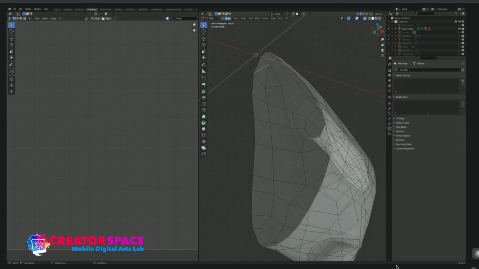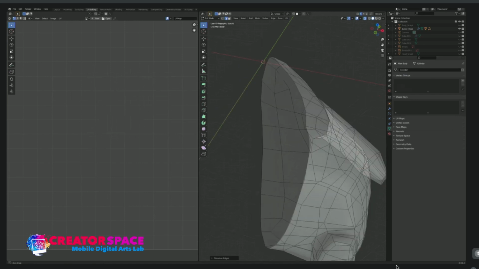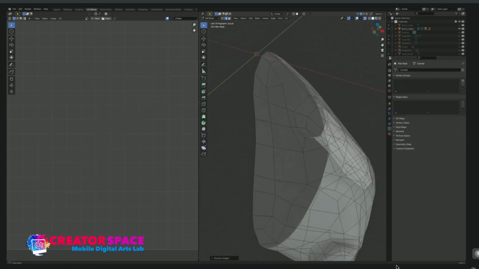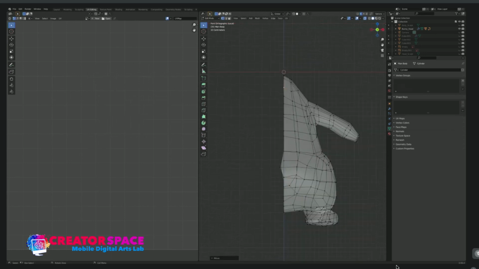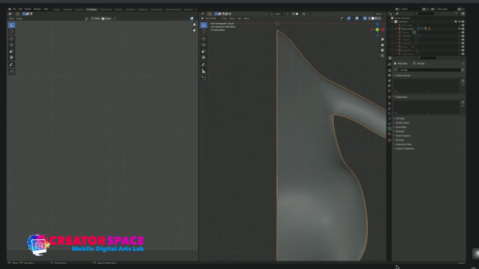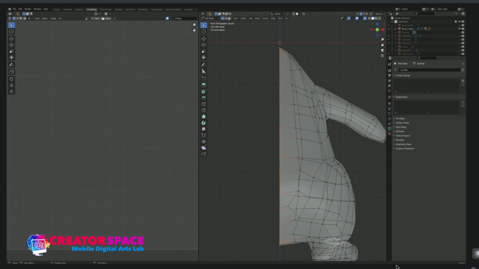So let me remove the soft edges. Yeah, okay, that's fine. Okay, so scale X. All right, so